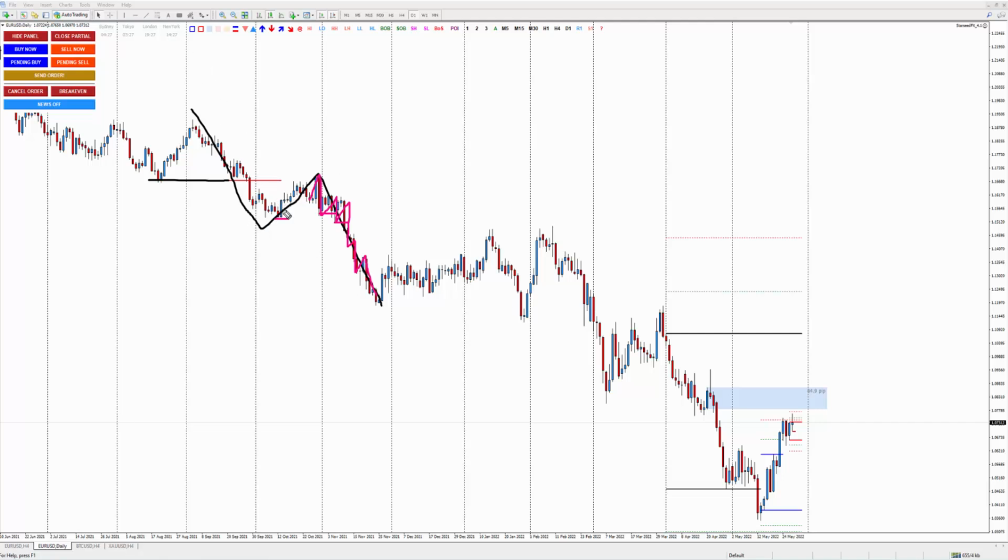So if you buy from here, you want to look left, not aiming at the last high, but looking left at where the probability is that the market will reverse and continue down. In this case, this order block is your take profit target. The order block is the take profit target when it comes to minor structure trading, unless you are trading the minor structure as a continuation, in the same direction as the main structure. Okay, I hope that makes sense.